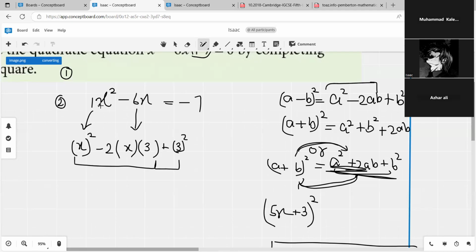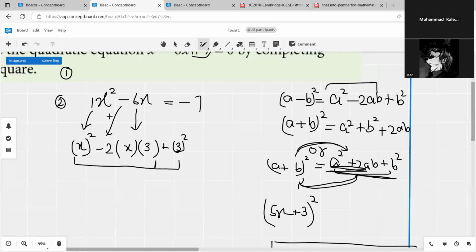So what we have to do? Firstly, we have to make sure that this is a complete square identity. What is the complete square identity? It's a squared minus 2ab plus b squared. Sometimes there will be a squared plus 2ab plus b squared. Why am I taking negative here? Because here it was negative. So that's why I decided it will be closed in negative, not in positive. So a squared minus